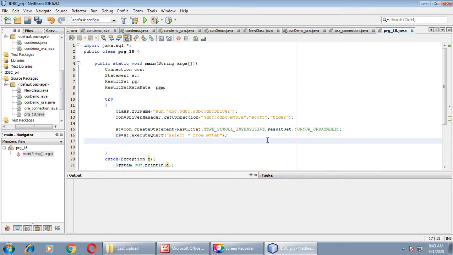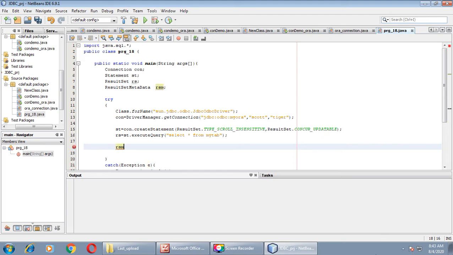Fine. Back to our code portion. Here we'll take some methods of ResultSetMetaData to get the information about the properties of the database, right? So we will write